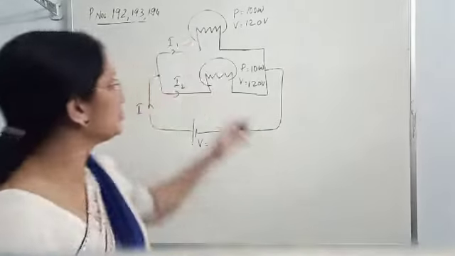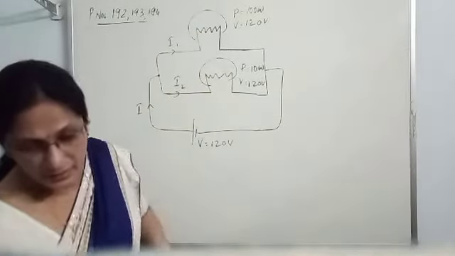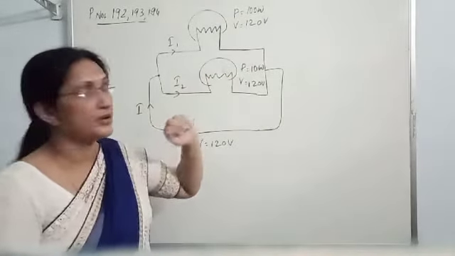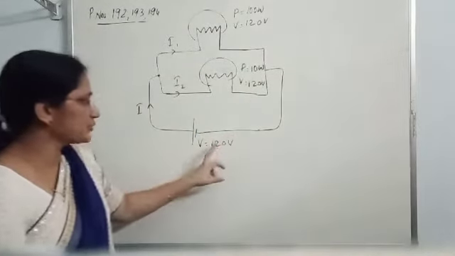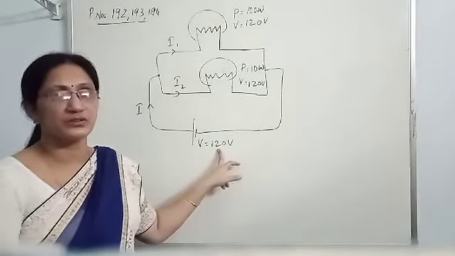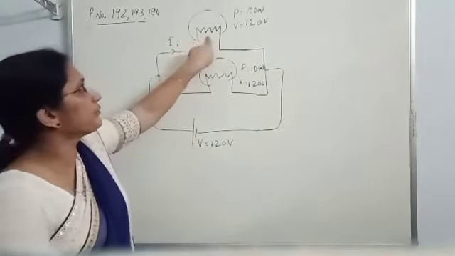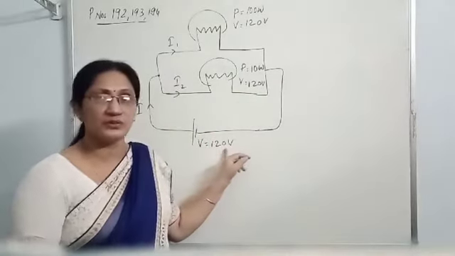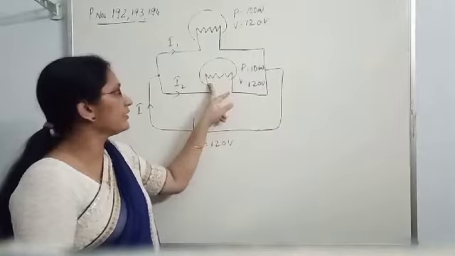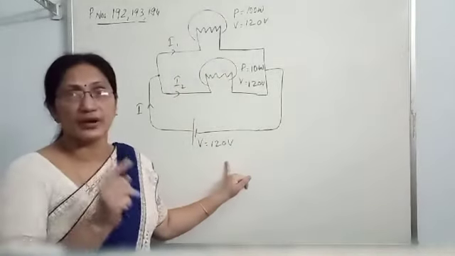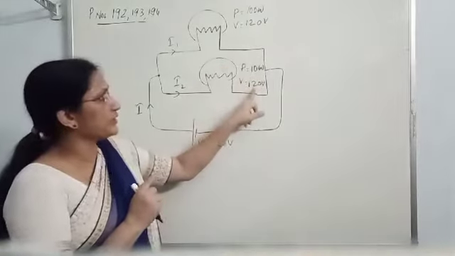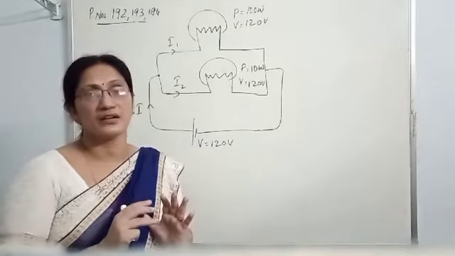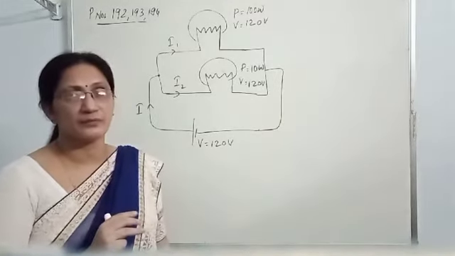See the diagram. Two bulbs are joined in parallel and the power and voltage rating of each bulb is given. And they are joined in parallel to a voltage source of 120 volt. Here the voltage required for both the bulbs is 120 volt each, and the source is 120 volt, and they are joined in parallel, so both the devices will get the required voltage. The voltage requirement here is 120 and the provided voltage is 120. So the bulbs can have maximum efficiency.